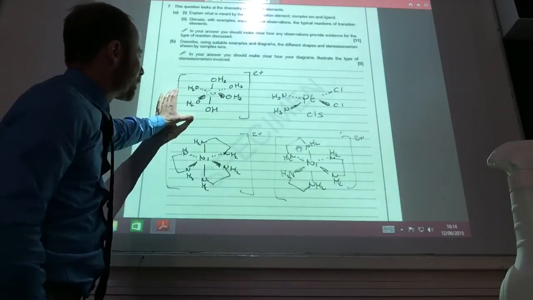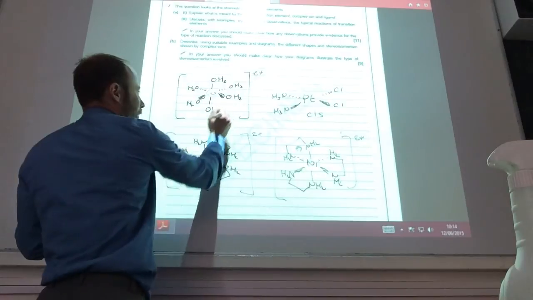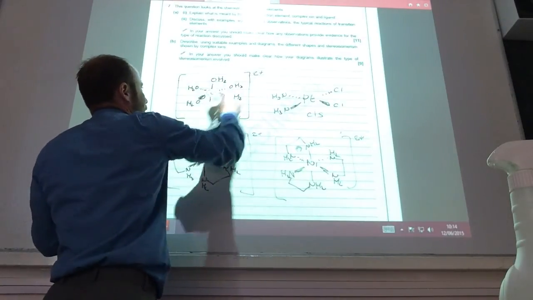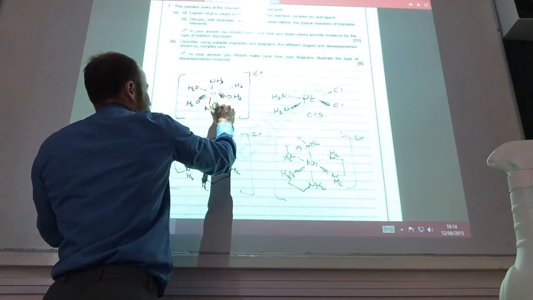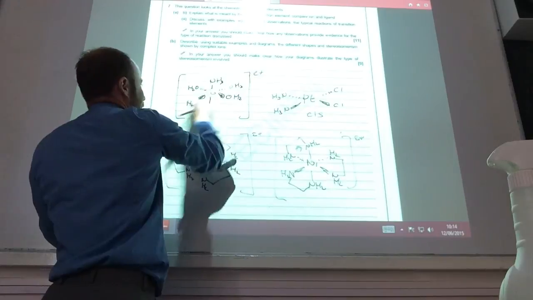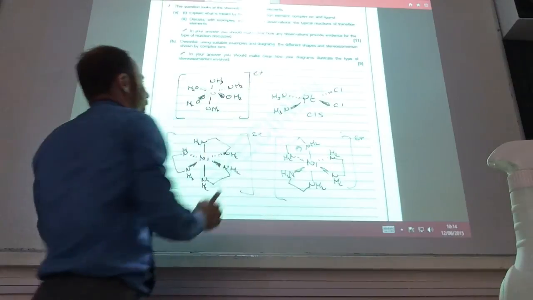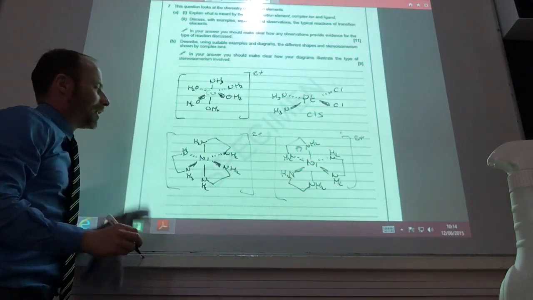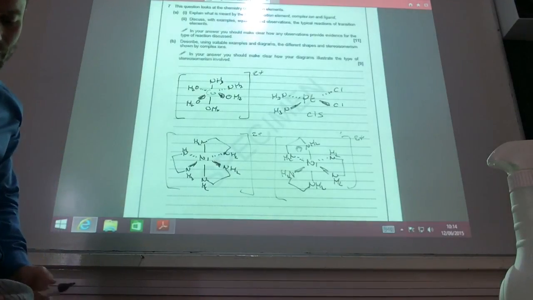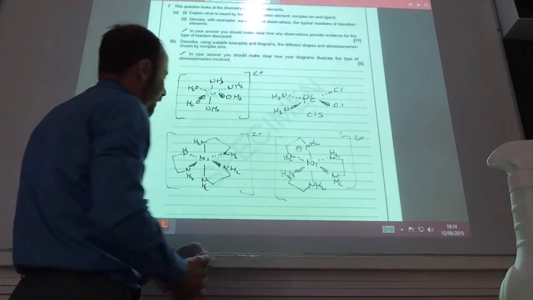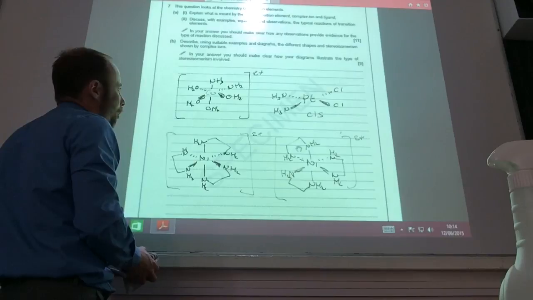So if you change perhaps 2 of these for nitrogen, sorry, whoops, that should be an H2O there. That would be the trans. If I put that back as being water and change that to nitrogen, that would have been the cis isomer as well. So it's well worth learning your complexes. Try not to make ones up, so that if a question does come up like this, you can actually recall all the different complexes you